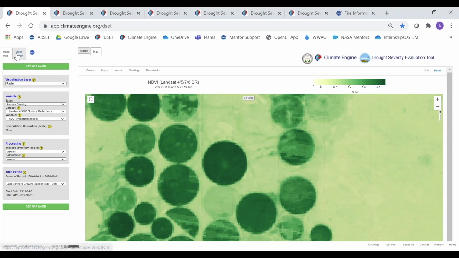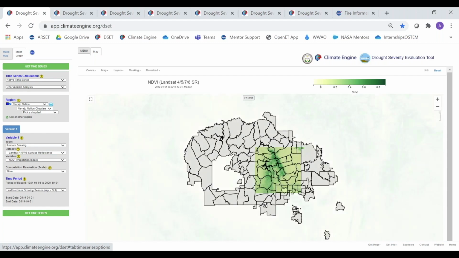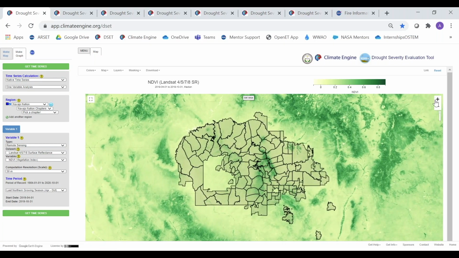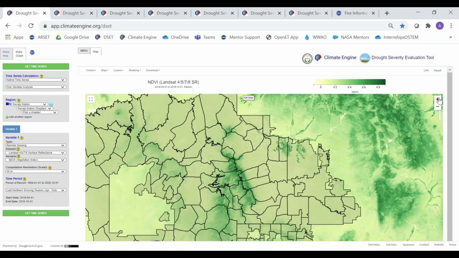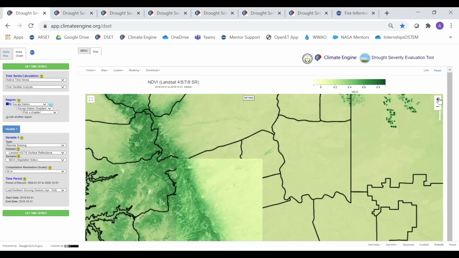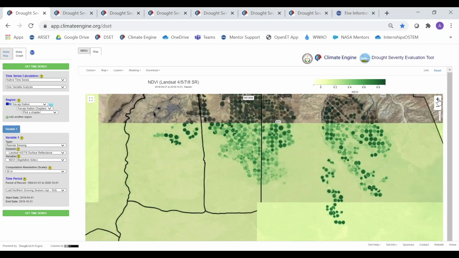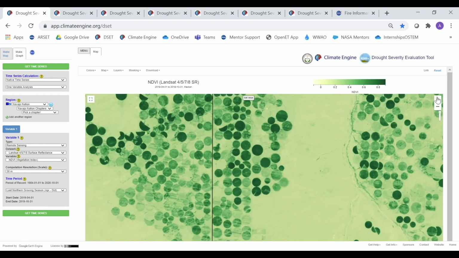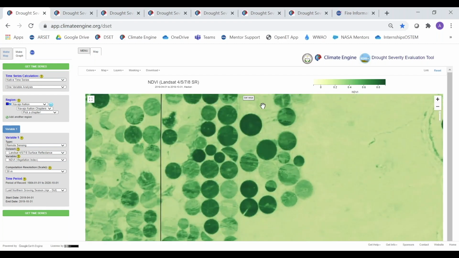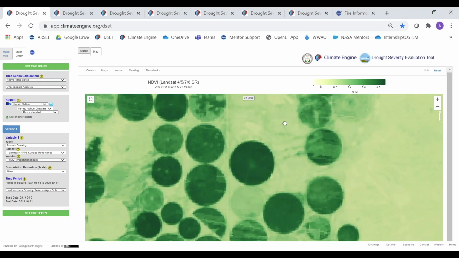Now we're going to make a graph. So we're going to click on Make Graph. Oh, and it reset us, but that's okay. We can just zoom back in. Sometimes it's good to select Make Graph before you zoom into your region. Okay, so when we're zoomed in very closely to one of these center pivot irrigation fields,